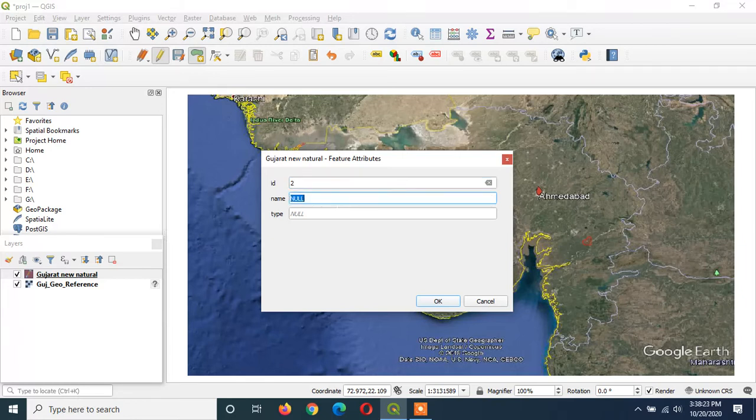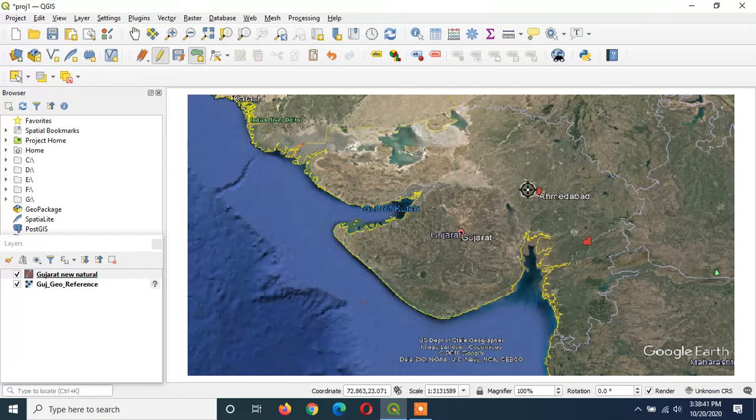Name of this polygon I am giving Dholai pond, and here type I am writing as pond, and you can click on OK. So there are 2 polygons now on this vector polygon data.